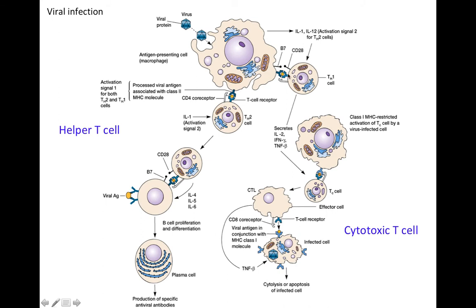So the cytotoxic killer T cell that has the ability to see this one 9 amino acid peptide, and to be activated, it'll end up secreting the perforin and granzyme that'll kill the virally infected macrophage. It'll also proliferate to make thousands of these cytotoxic killer T cells so that it can go and kill other